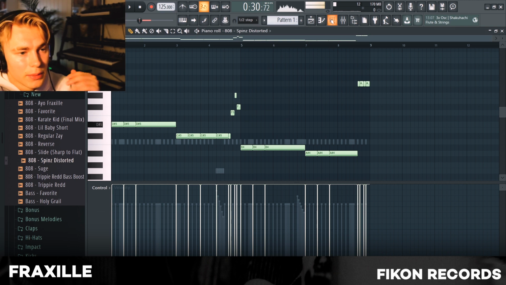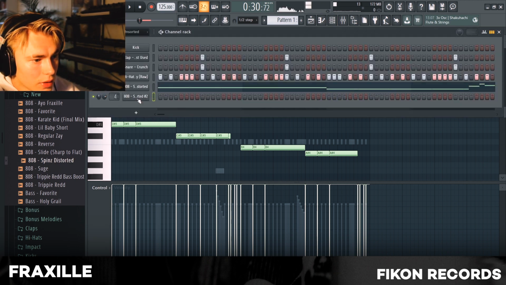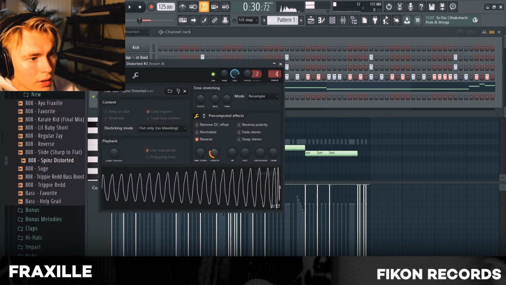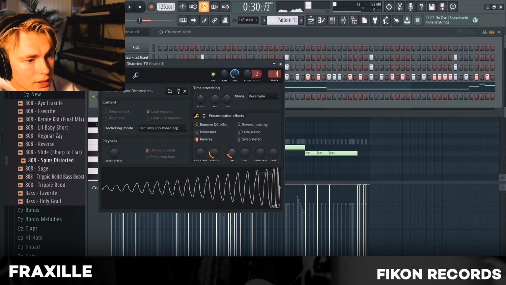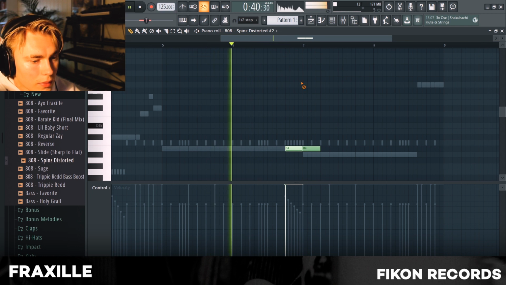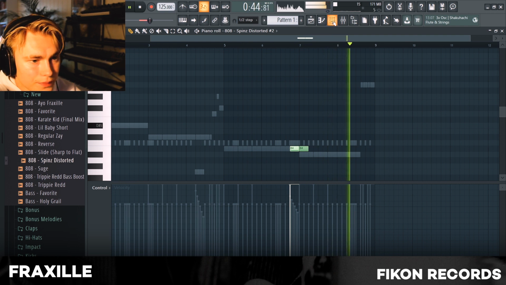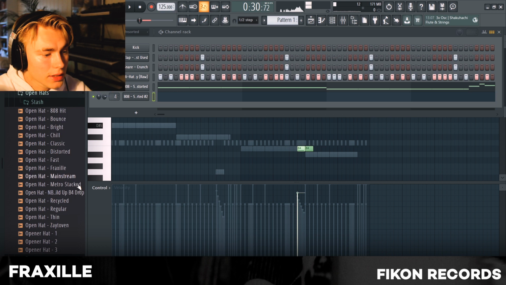So yeah, that is basically the pattern I want to go with, and I also want to add our reverse. So we are just going to do this at 29. I usually like to put the reverse for the spins and slide in and out. So let's see. Yeah, that works. So after I have this down, I usually lay down my open hats, and the first thing